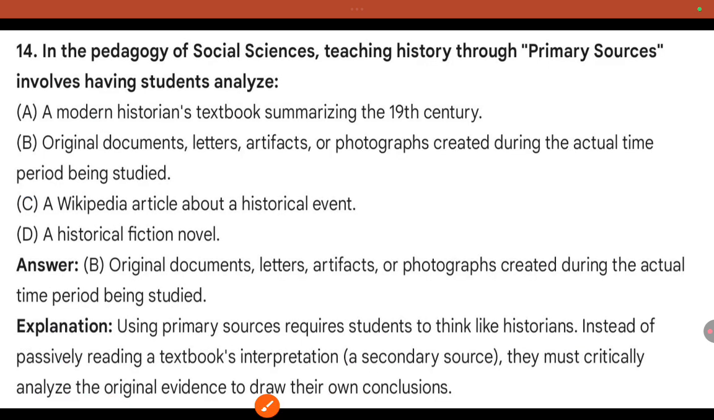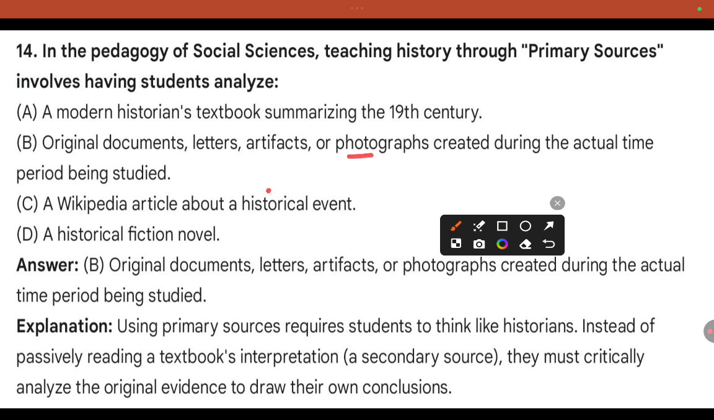14th one. In the pedagogy of social sciences, teaching history through primary sources involves having students analyze: A. a modern historian's textbook summarizing the 19th century, B. original documents, letters, artifacts, photographs created during the actual time period being studied, C. a Wikipedia article about a historical event, D. a